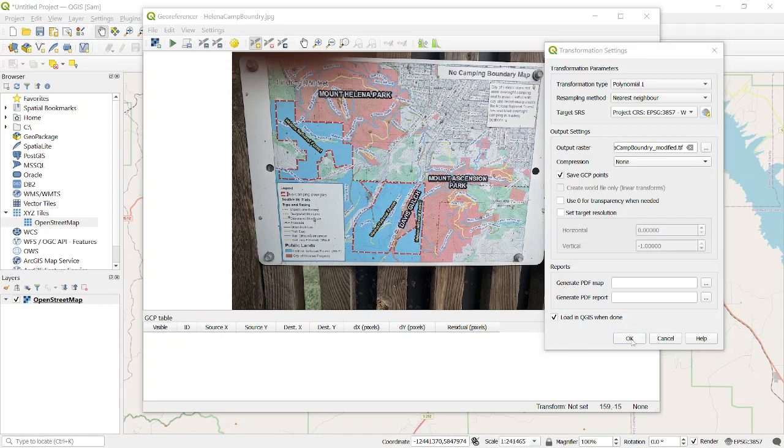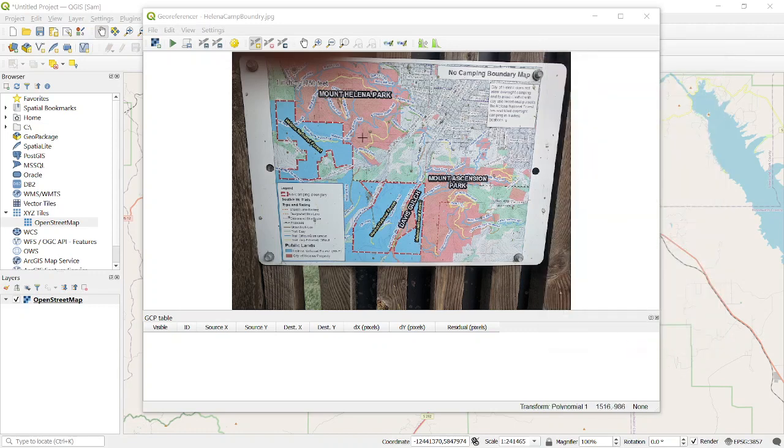Okay, so let's get going with this. Got our settings good. Again, the critical part here is that the reference system is the same as that of the coordinates that we're going to be clicking on. Okay, so